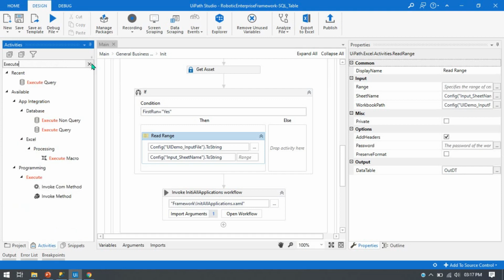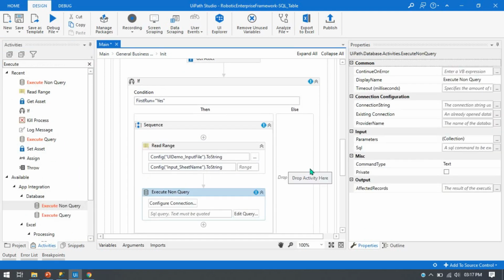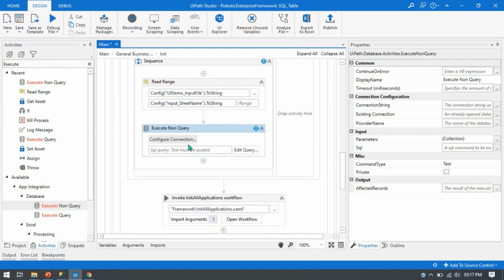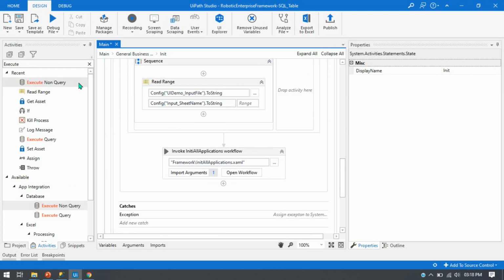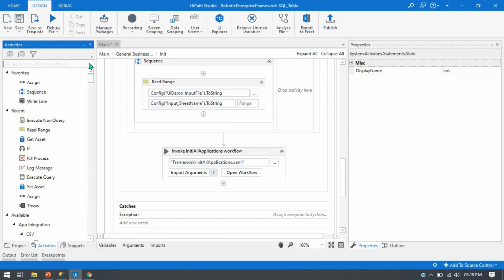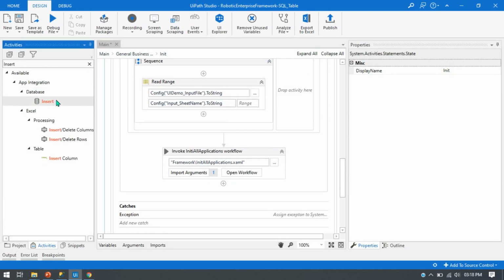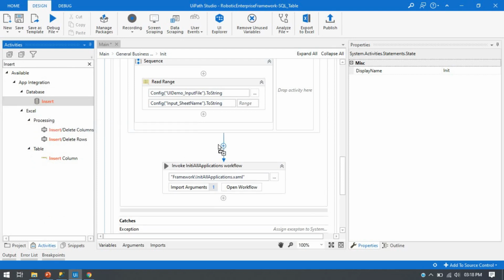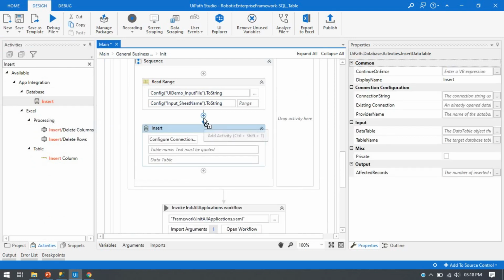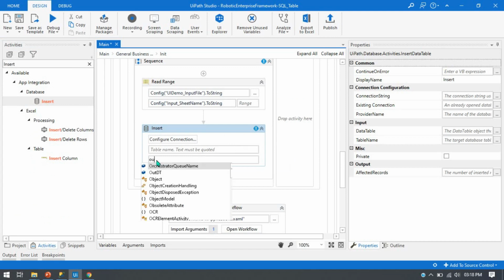So we'll take this Execute Non Query, we'll drag and drop here. Either you can use this Execute Non Query activity, or if you are going to directly insert the data from the data table to the SQL, then you can use the Insert activity. This activity will directly take the data from the data table and write it to the SQL table. Now you can pass the data table here, and the data table name is out_dt,